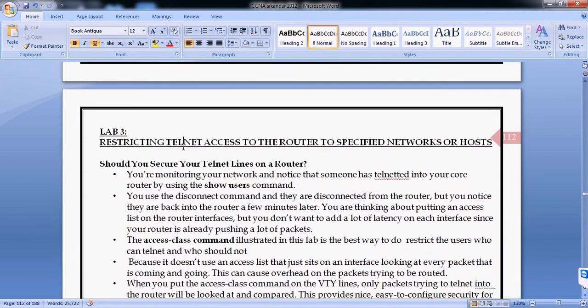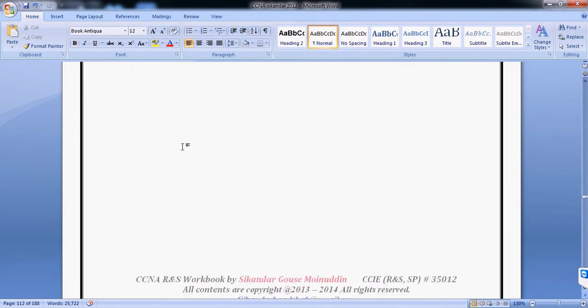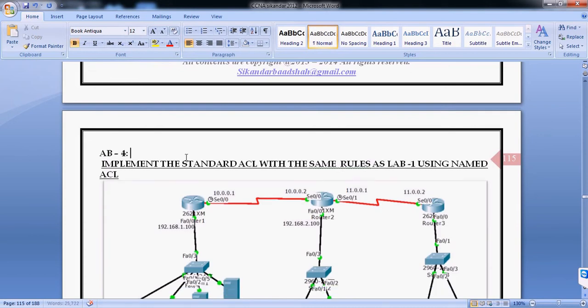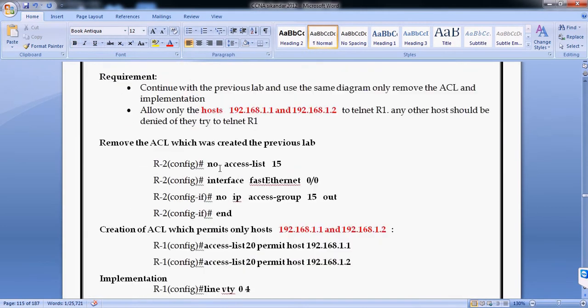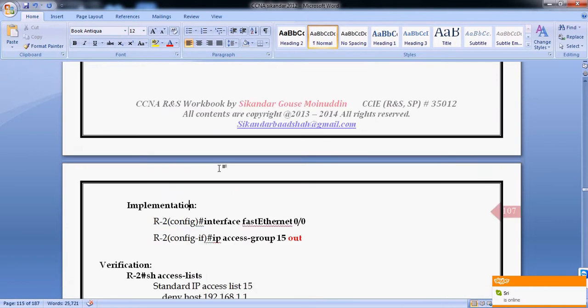I'll come to the lab on restricting the Telnet access. Before that, let me finish off with the other statements as well. I've got one more lab, so I'll tell you about named ACLs. Before I move to restricting the Telnet access, as I discussed, there are actually 2 different